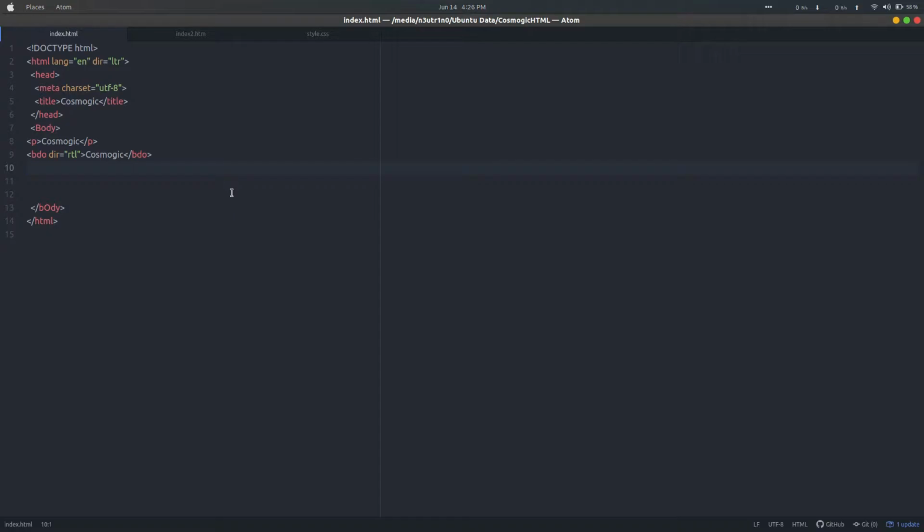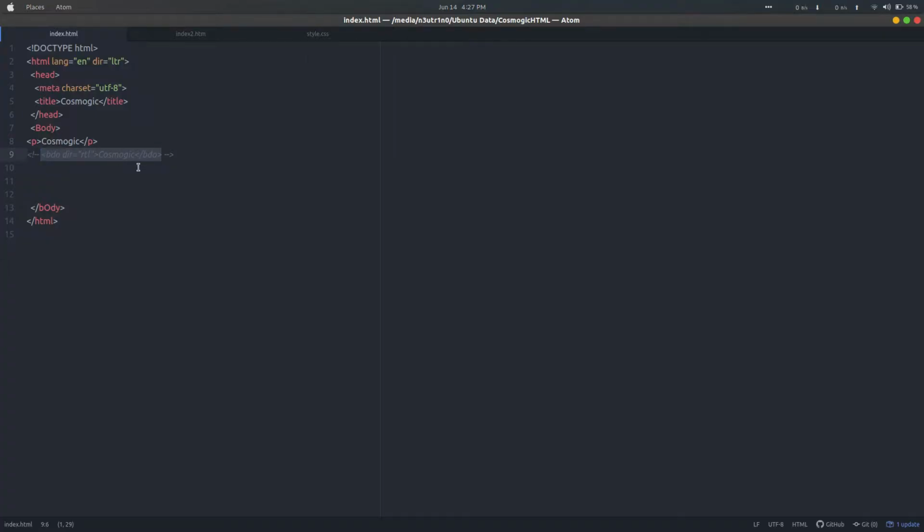We can also use comments to search for errors. For example, if something is not working in your web page, you can comment the code line by line and find the error, so that you can understand where the bugs start. One more use is that we can comment out code which we do not want right now but may use in the future. Likewise, I will show you here. Right now I don't want this video code. I will comment it and render it in the browser. You can see the commented part is not visible because it is just skipped by the browser.